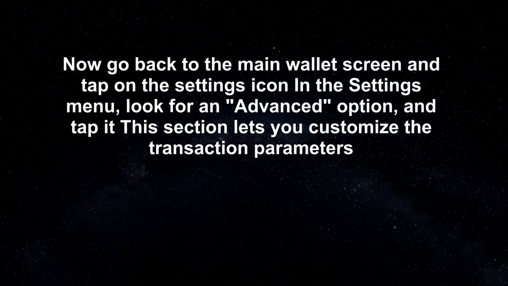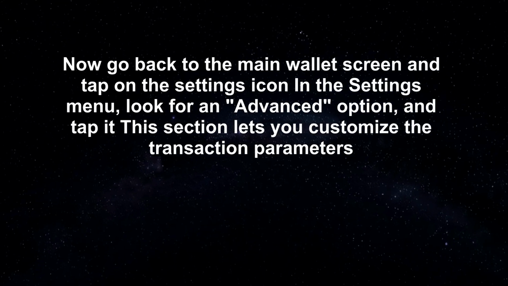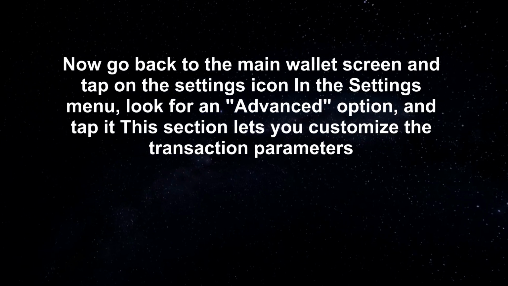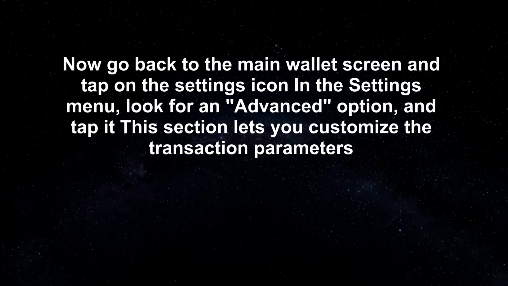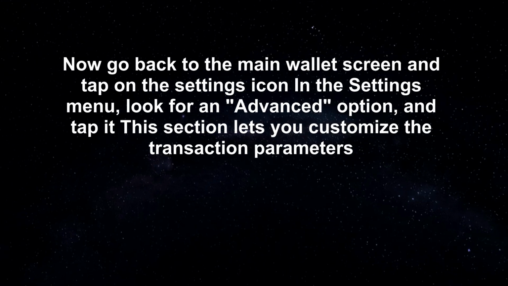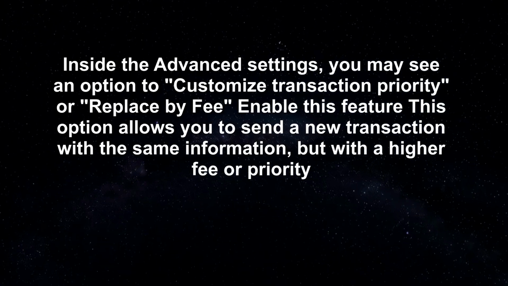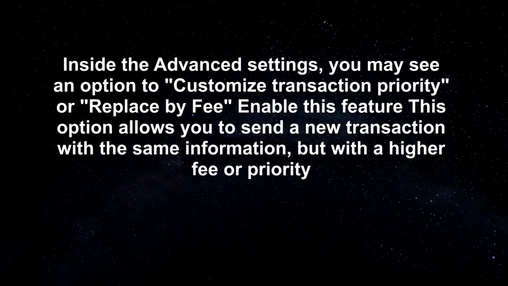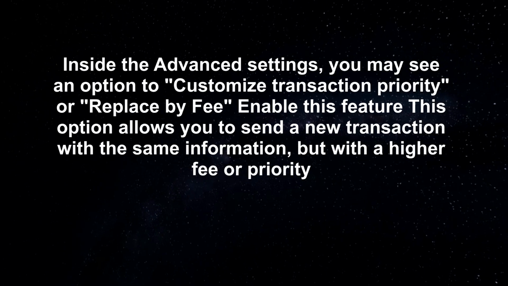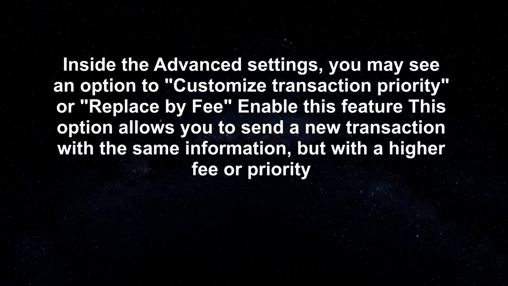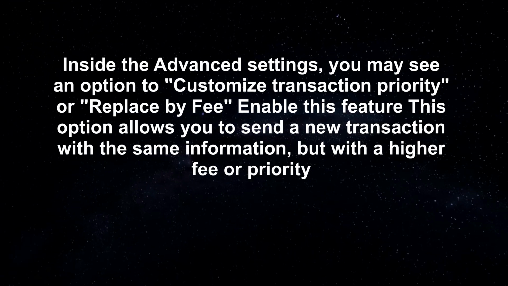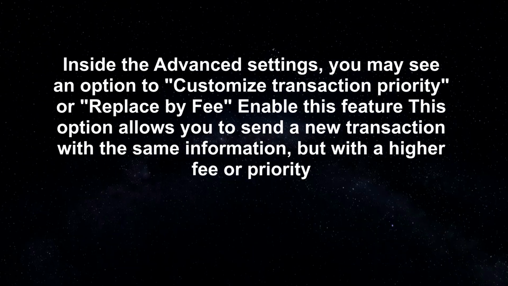Now go back to the main wallet screen and tap on the settings icon in the settings menu. Look for an advanced option and tap it. This section lets you customize the transaction parameters. Inside the advanced settings, you may see an option to customize transaction priority or replace by fee. Enable this feature. This option allows you to send a new transaction with the same information, but with a higher